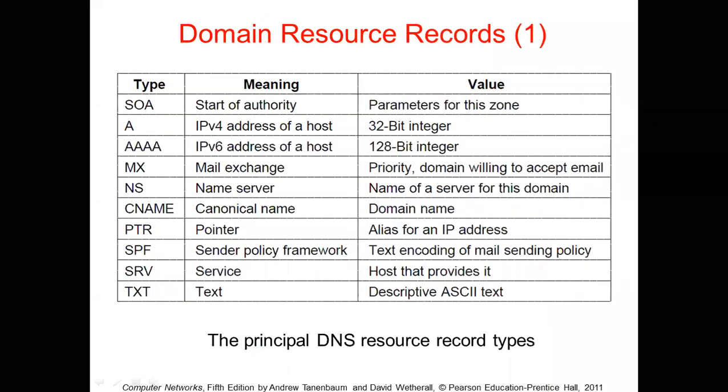All of you can see these are the domain resource record types. Can you see the first column? It shows the type. What all types are there? SOA is there. It stands for start of authority. So the value is the parameters for this particular zone. I'll come to that. Similarly, you can have a type called A. Then A would mean the IP address of a host. It is usually a 32-bit integer. Similarly, AAAA. It's an IP address only, but version 6, and it's a 128-bit integer. Like that, different types are there. We need not go into detail, but you must know that the type will define the type of the record.